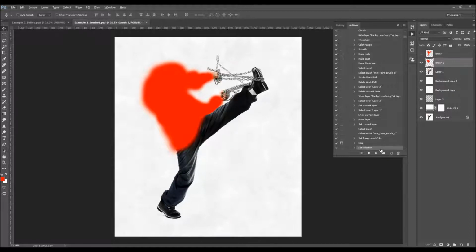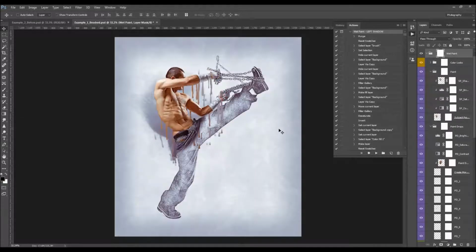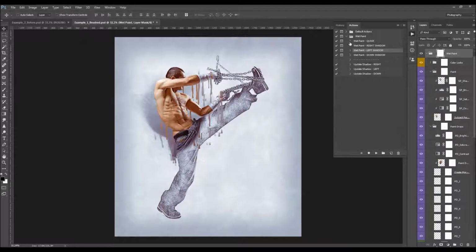So I'm going to fast forward the video here again and get back as soon as the action is finished, and then I'm going to go through all the layers to show you how each layer works and how to customize the results to get the most of the effect. Okay, so the action has just finished,